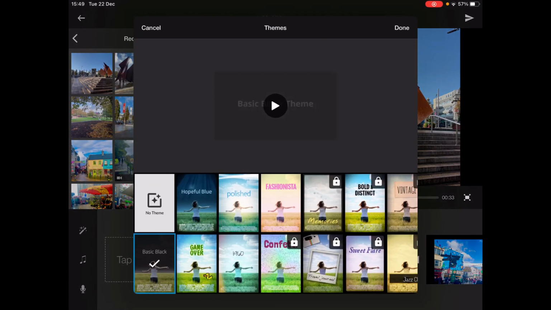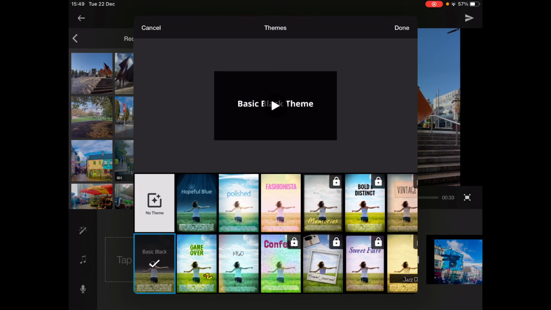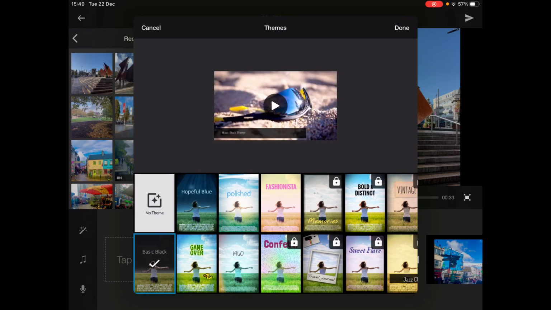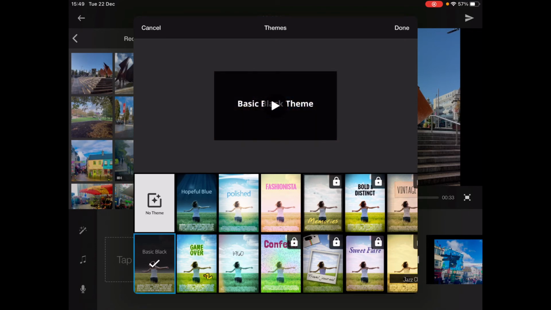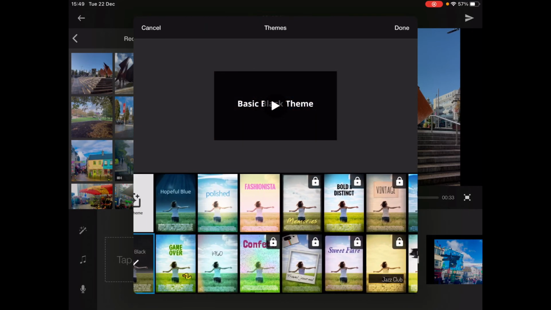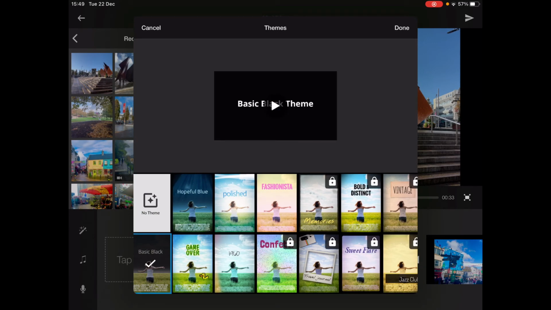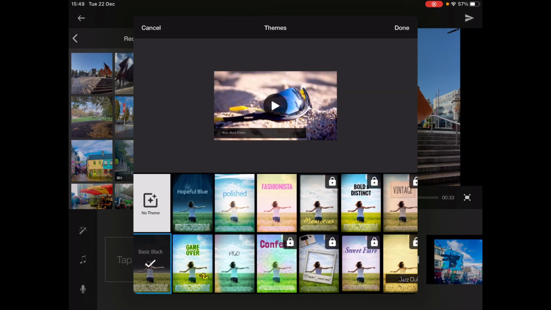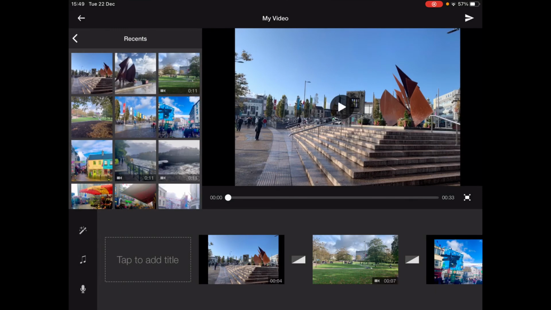The little wand icon allows me to add a background theme should I wish to do so. And again, you can see there are some themes which are available to us there in the free version and some which we would need to pay to unlock. The black basic theme has already been applied to this presentation and I'm happy with that, so I'm going to click on done. If I want to add some background music, I'm going to tap on the little music icon